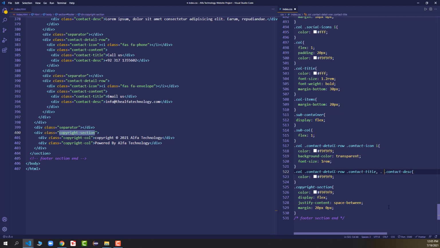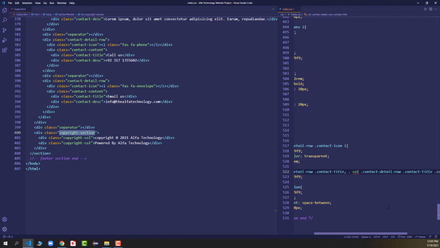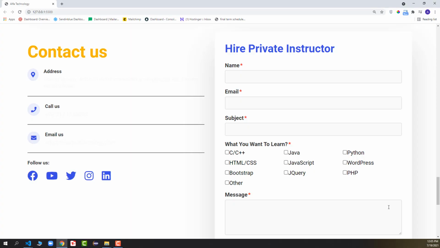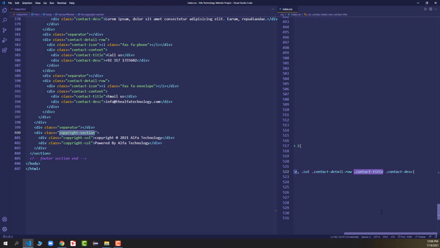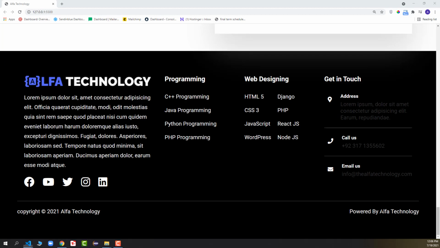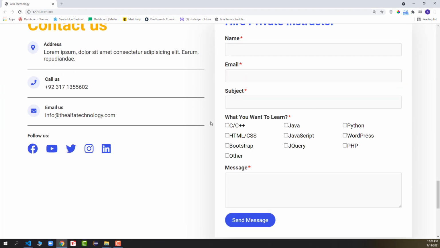We should put the same thing, which is dot call dot contact detail row, and after that we'll say dot title. Okay, we made another mistake. So here we just need to remove the dot contact title. Okay, so this is how it will look like.